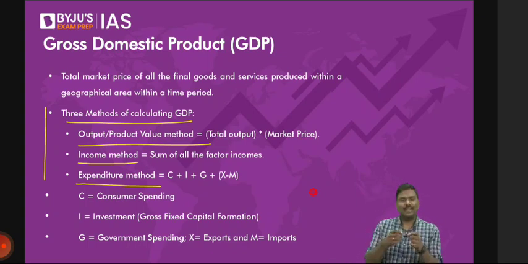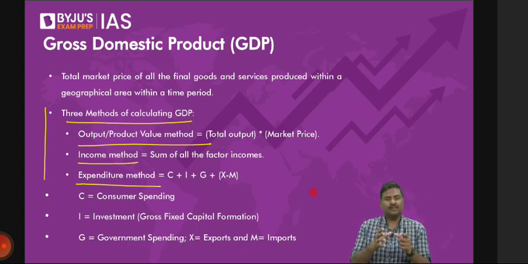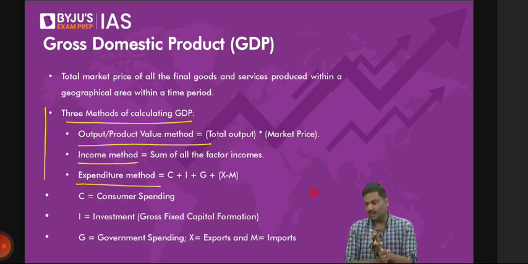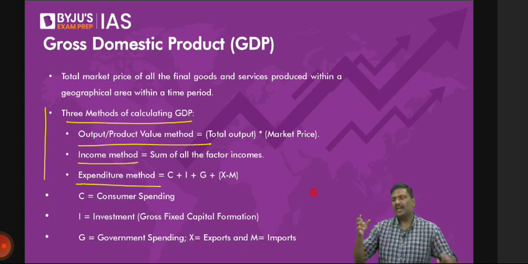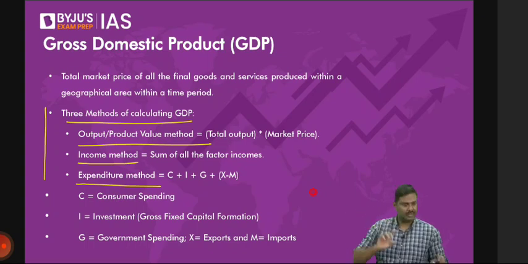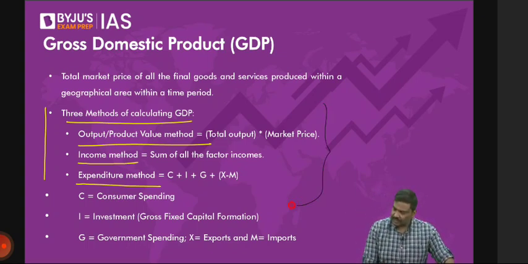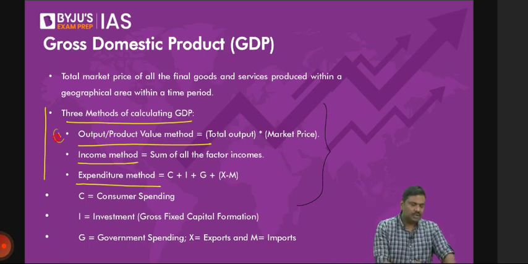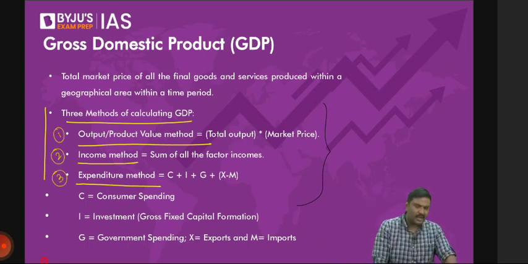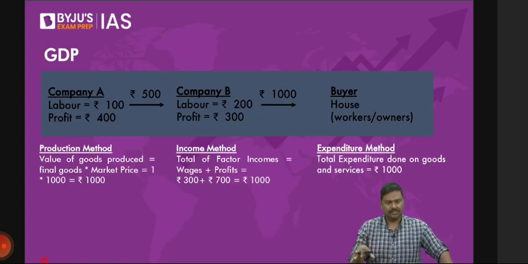So basically, in the expenditure method, get the sum total of all the expenditures in India, that is by companies, by households, as well as by government. And when you get the sum total of this, add the amount of exports we have done because you have produced the exports in India, and subtract the value of imports. This is the GDP calculation methodology. At the fag end of the discussion yesterday, I told you that whether you calculate GDP through method 1, 2, or 3, the value should always be one and the same.